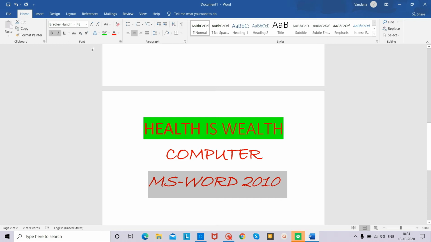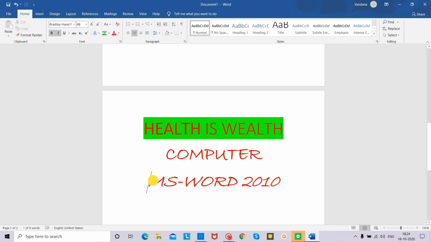Next is applying underline. If you want to underline a word as you do in your copy or in the book, where some text is underlined also, select the text.